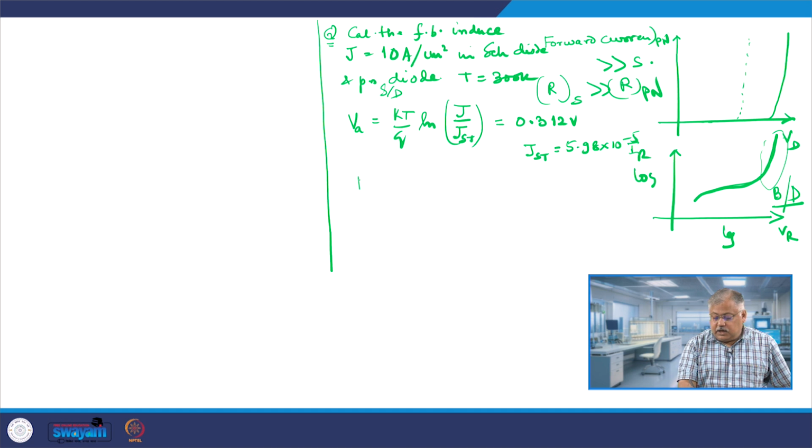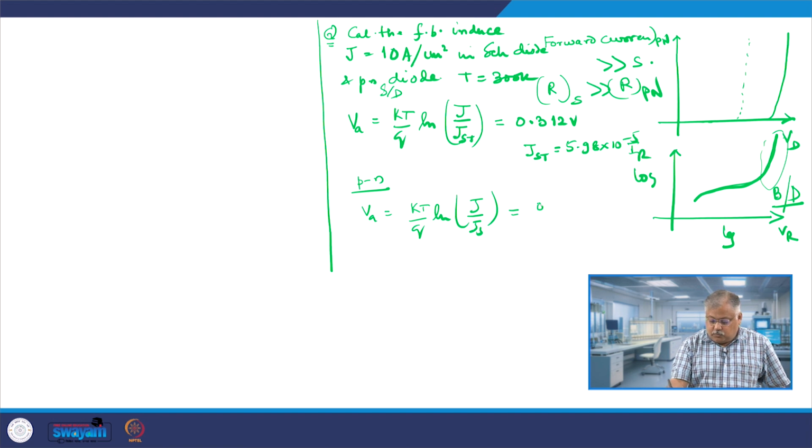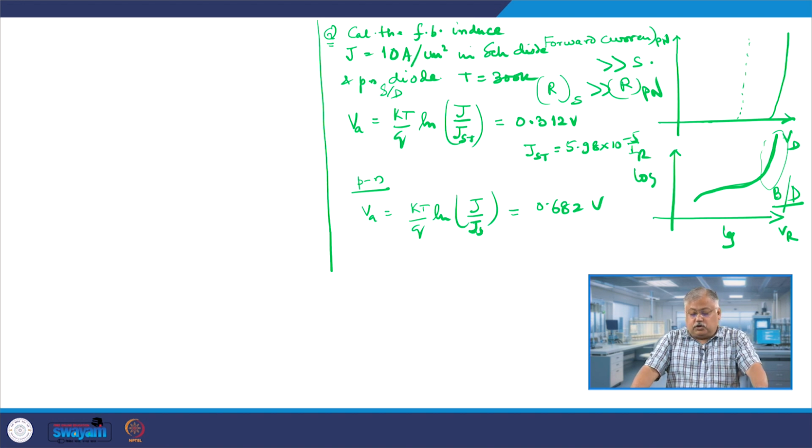Now, if we take up a p-n junction diode, then also we can write down VA equals kT by q ln of J by JS, the reverse bias saturation current, that comes out to be 0.682, almost double of the first value. And primarily the reason it is double is that this JS value, the reverse saturation current, is orders smaller for a p-n junction as compared to that for the Schottky diode, because of which you get a large value of VA in the case of a p-n junction as compared to that of a Schottky diode. This I am leaving as an exercise to you also,